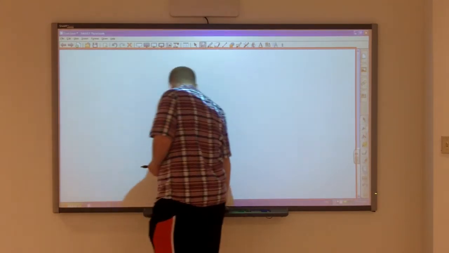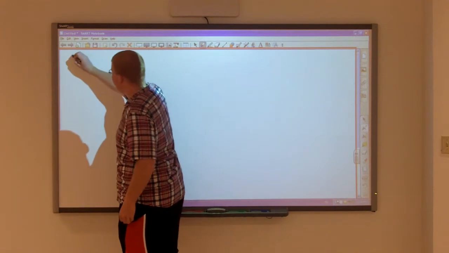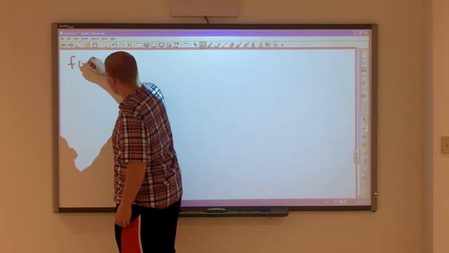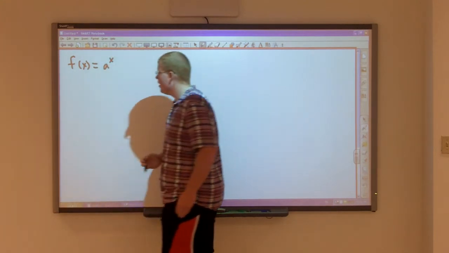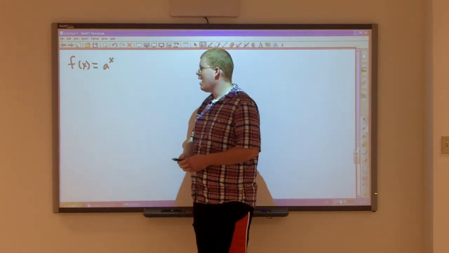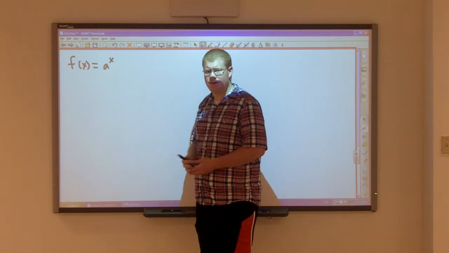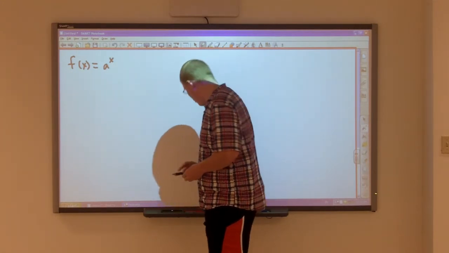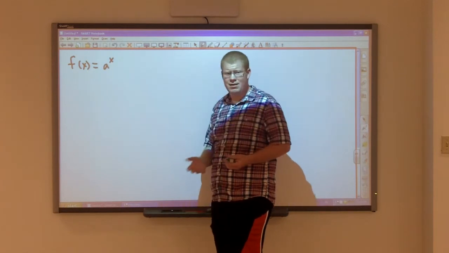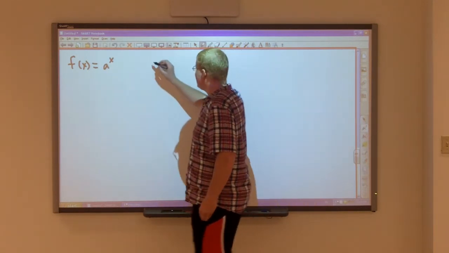Well, let's say that we have a function, f of x, and this function is equal to a to the x. Okay? Now, you might wonder, how would you go about taking the derivative of this function? Now, in order to find the derivative of this function, we're going to use the limit definition of the derivative, and we're going to say that